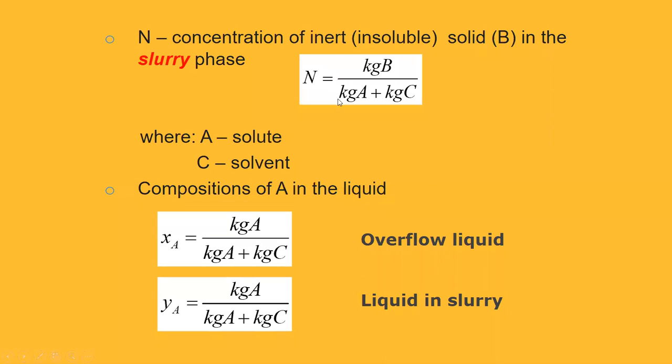Okay, it's notable, as I mentioned a while ago, you use mass. We don't use moles. Another thing, which only happens in leaching, we don't use fractions. We don't use percentages, but rather we only have a denominator in the way we express the concentration in terms of A and C only. The denominator does not contain the inert insoluble solid B, whether it's N, whether it's